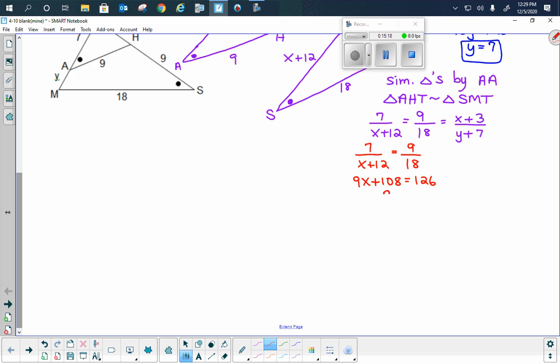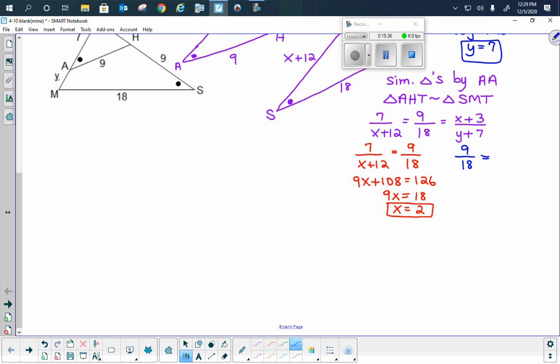Subtract 108 from both sides. 9x will be 18. Divide by 9, and x is 2. Now, when I go back and solve,